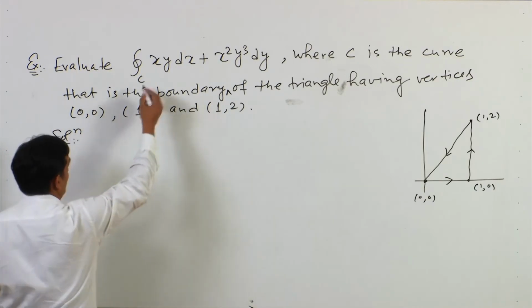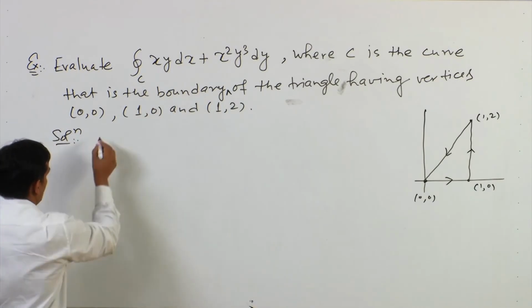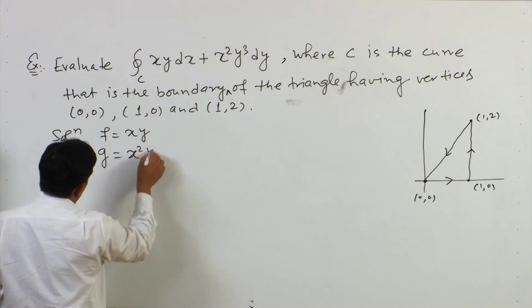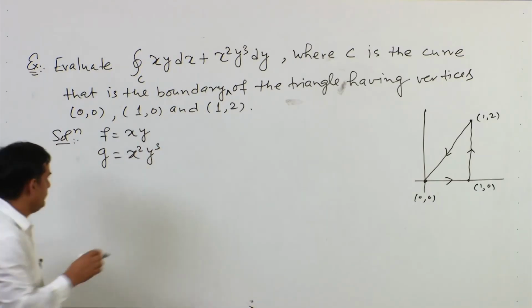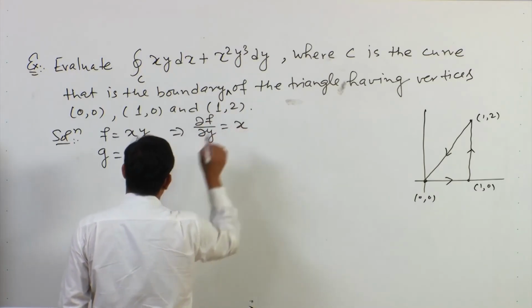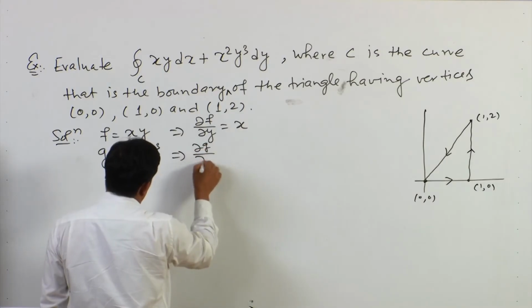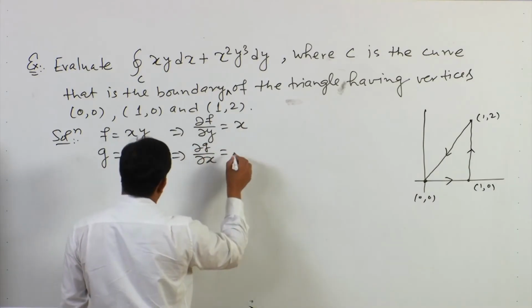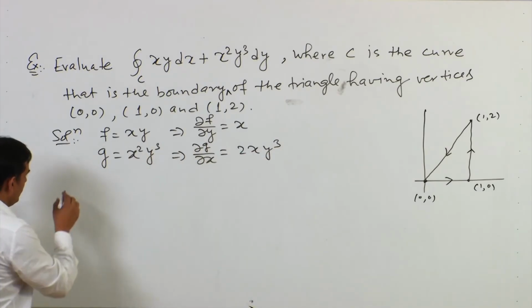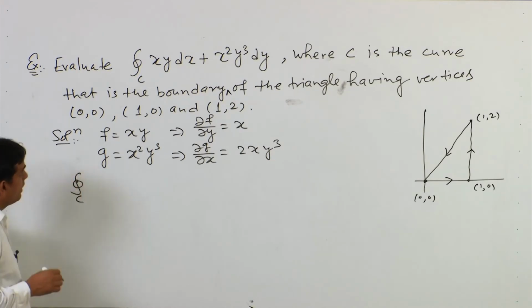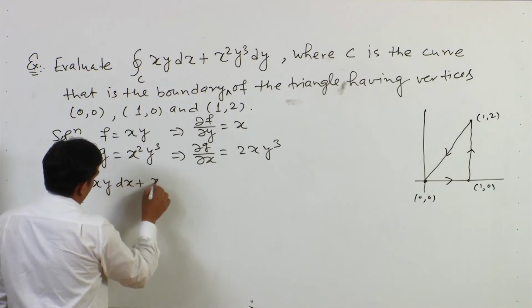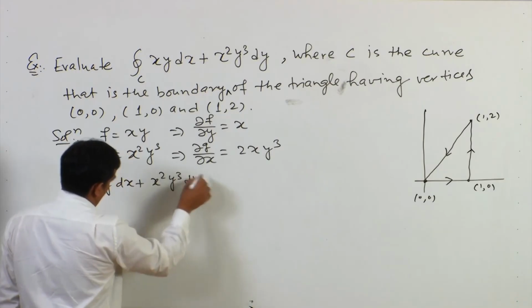If I compare this with the statement of Green's theorem, I can write f equals xy and g equals x square into y cube. From here I can have del f over del y as x and del g over del x as 2x y cube. Now according to Green's theorem, the line integral of xy dx plus x square y cube dy over